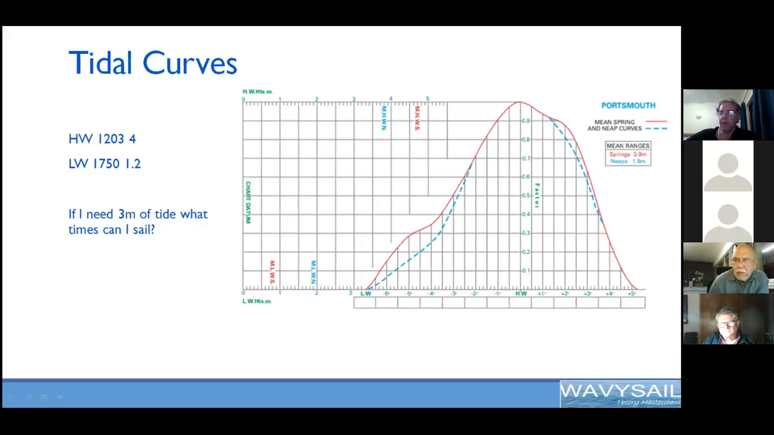Tides tends to be one of those things, especially for guys like us, we sail in pretty much non-tidal water. It's not particularly heavy, our tide. It does influence us a little bit, but if you sail in places where there's a lot of tide,